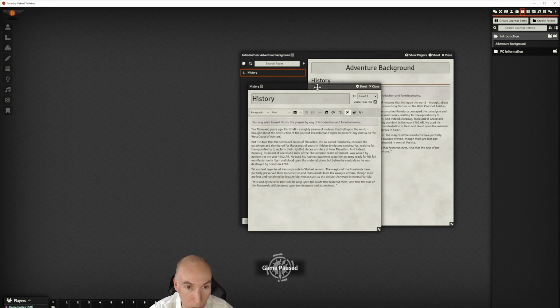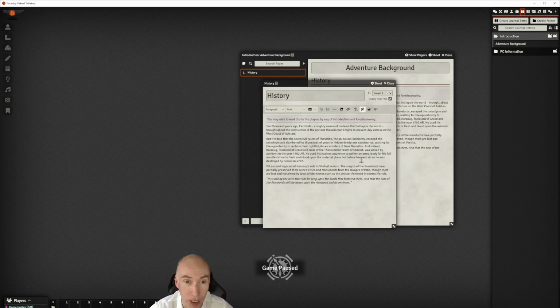So here we have 10,000 years ago, Earthfall, a mighty swarm of meteors that fell upon the world, brought about the destruction of the ancient Thessalonian Empire in present-day Varissia on the west coast of Avistan. But it is told that the 7 evil rulers of Thessalon, the so-called Rune Lords, escaped the cataclysm and slumbered for thousands of years in hidden demi-plane sanctuaries, waiting for the opportunity to reclaim their rightful places as rulers of